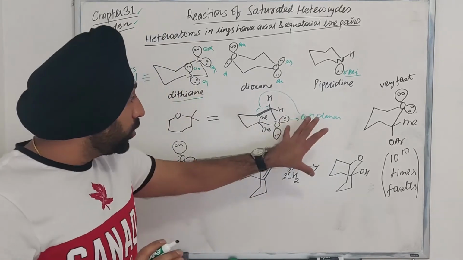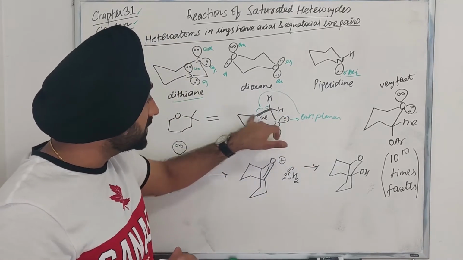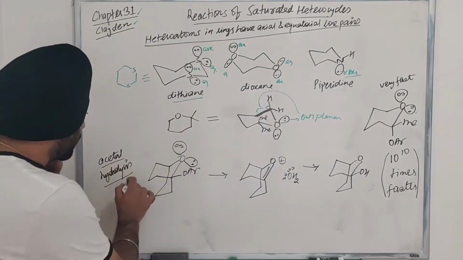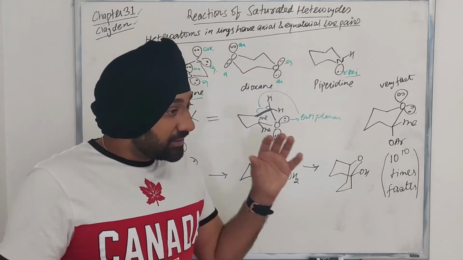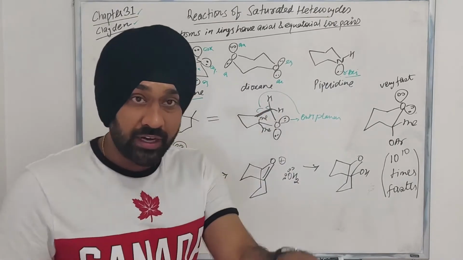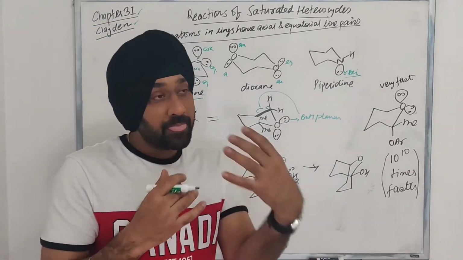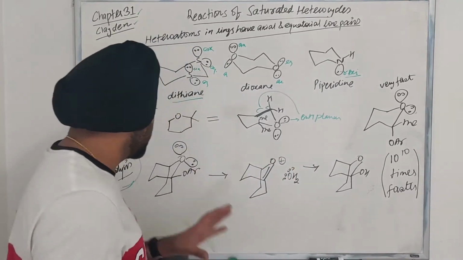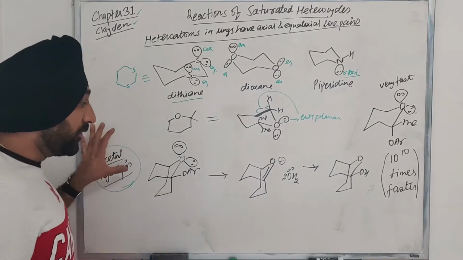Why is it important? Why is the overlap of this lone pair of electrons and this carbon-carbon bond important? It is important when we talk about reactions like acetal hydrolysis, when some of the groups are leaving and these lone pair of electrons can donate into the carbon-carbon or carbon-oxygen sigma star orbitals, so that they really assist certain reactions. For example, let us look at this example. Suppose we have this particular molecule and we carry out the